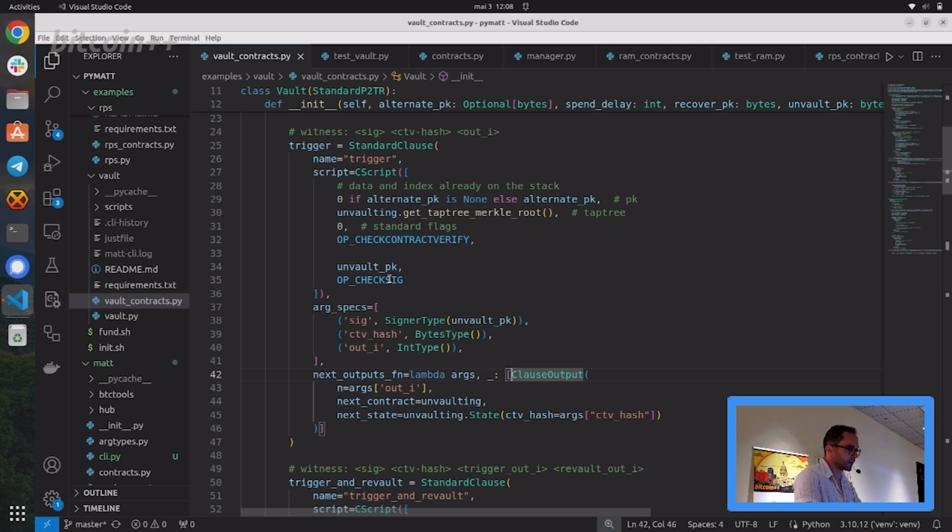But we can just say, well, we know that if you do a transaction of this kind, we are going to have a close output that has index out e, which we pass in the argument, and the contract of this output is unvaulting, and then this defines the data contained inside the contract. And